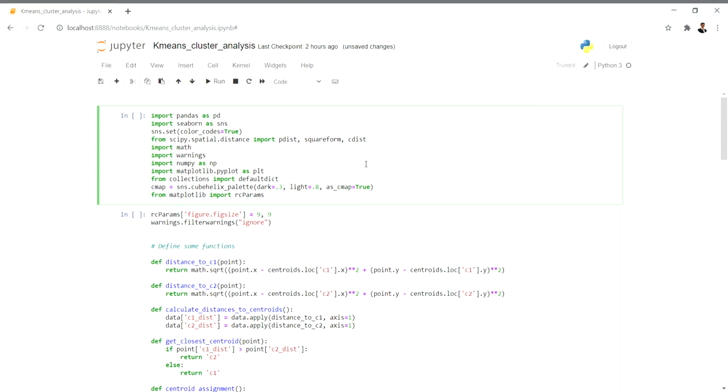So in today's video, we'll be implementing a k-means algorithm, or doing a cluster analysis based upon k-means. Before this, I also made a video on k-means using the sklearn library. In that I did customer data segmentation, that is k-means data analysis.